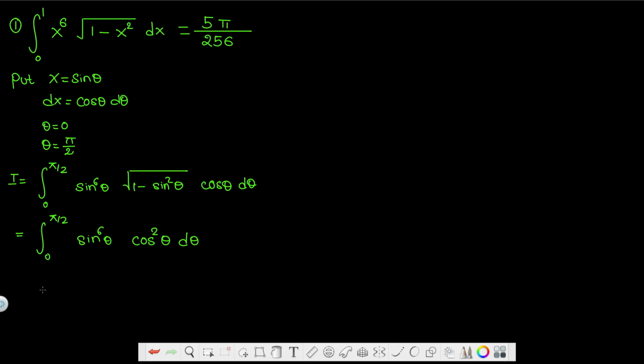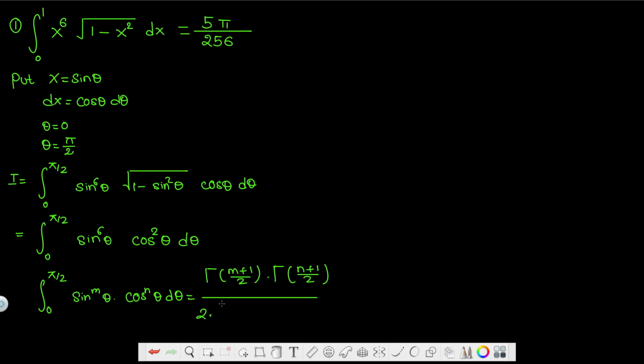Now from the gamma function we know that the integral from 0 to pi over 2 of sine to the power m theta times cos to the power n theta d theta equals gamma of (m plus 1) over 2 times gamma of (n plus 1) over 2, over 2 times gamma of (m plus n plus 2) over 2. So we will be using this formula. So our integral I equals